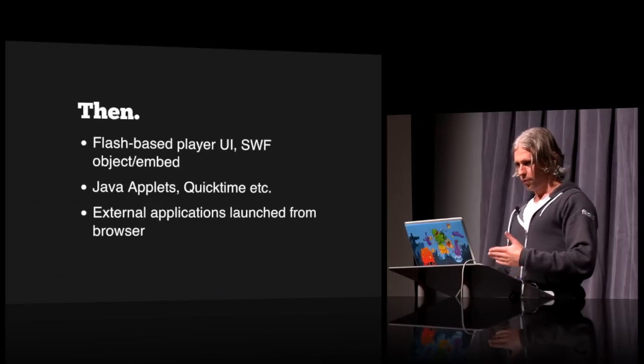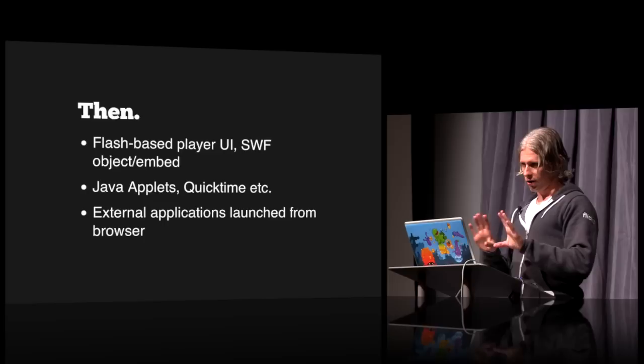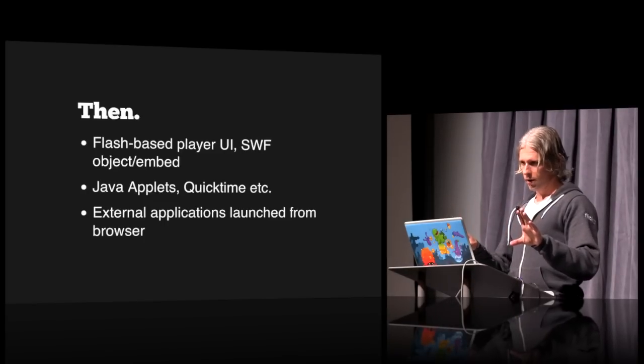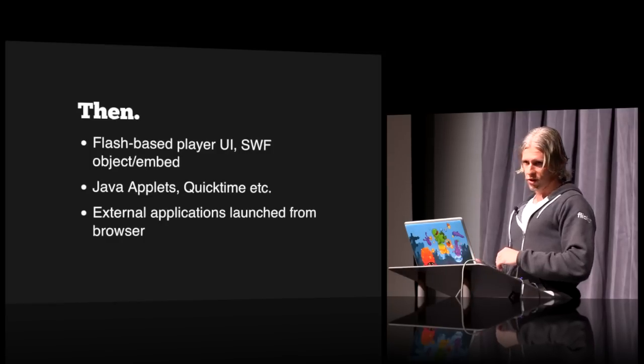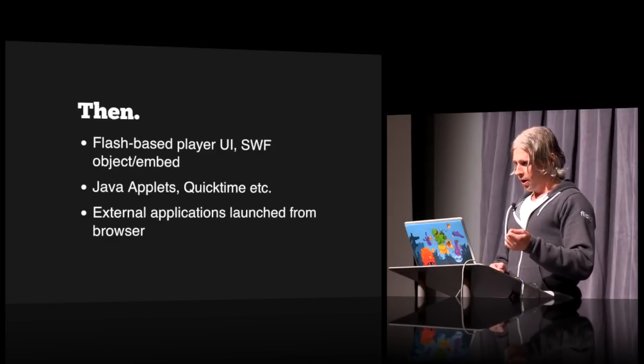So another way that people put audio on the web back then, you would have an entirely Flash-based UI for playing audio, again, doing this object embed stuff. Maybe you throw a Java applet in the page because Java also can write to the hardware. And then sometimes you just have an external application that's linked via special URL. So Real Media back in 2000 was a popular application for playing web TV content. The idea then was that the web and the internet was this separate thing. TV and radio were still going strong, and so you would listen to radio on the internet in a separate application as opposed to having it embedded in the page.